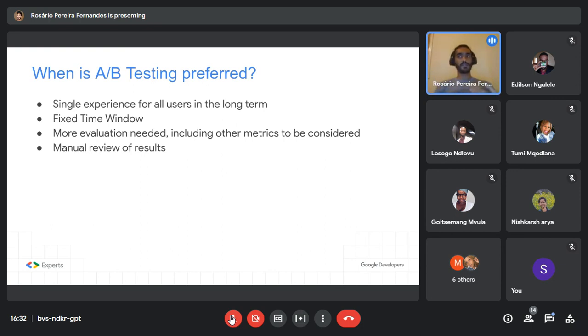While if you use A/B testing, you can test with different groups of users. Group A is going to get one, group B is going to get another one, but at the end you're going to make a choice. You'll either go with one, or four, or 8. At the end, everyone is going to get the same experience. Nothing's going to change. So if that's what you need, go with A/B testing.